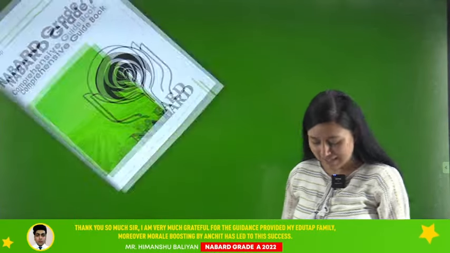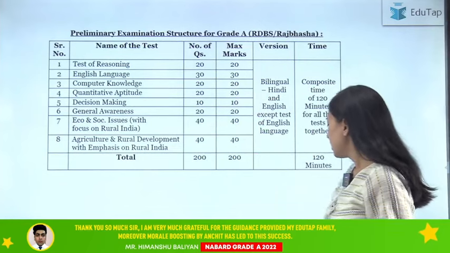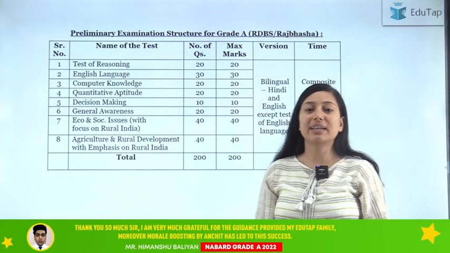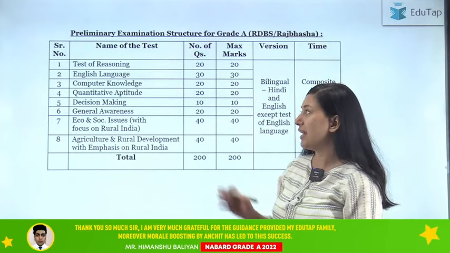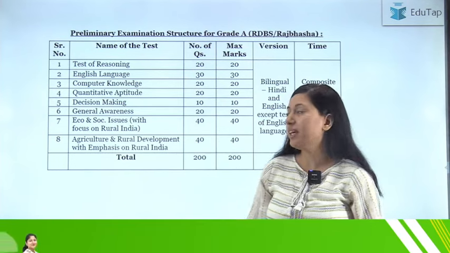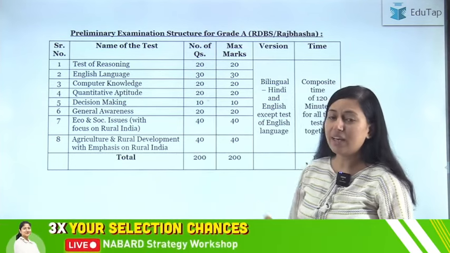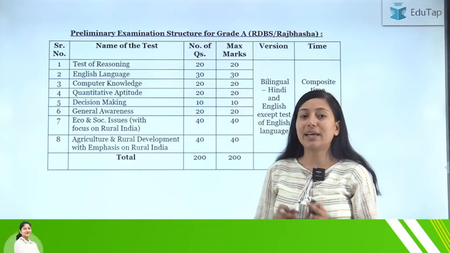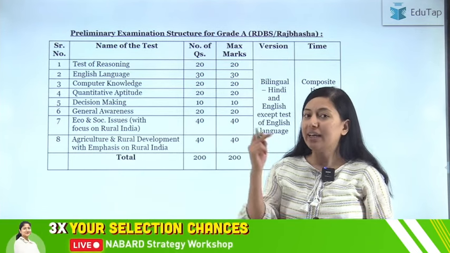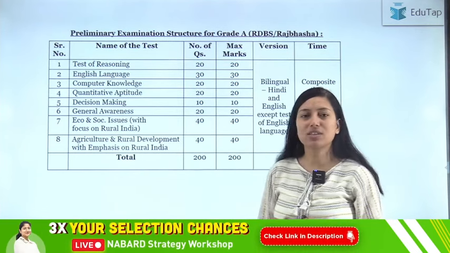Now with that, let's start our video. So first I would like to tell here that in phase 1 of the examination, 8 subjects are being tested in NABARD. Okay, they are as shown in the screen. And also in phase 2, if you are applying from the journalist post, then English, ESI and ARD is common.